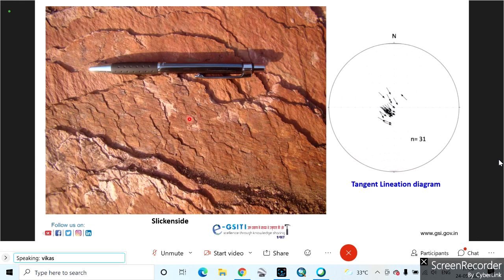In the shale part, you are able to see somewhat phyllitic shale type of rock. You are able to see bedding parallel slickensides. If you measure them and plot it on a stereonet, you will come to know that the movement of these slickensides is actually the same as that of the SC fabric I've shown you in the last photograph. So they indicate that some movement has happened definitely because of the thrusting. The upper layer has come up.